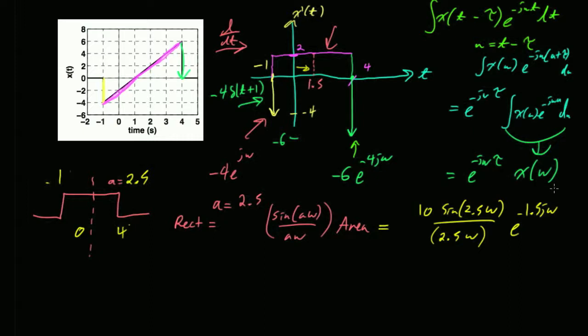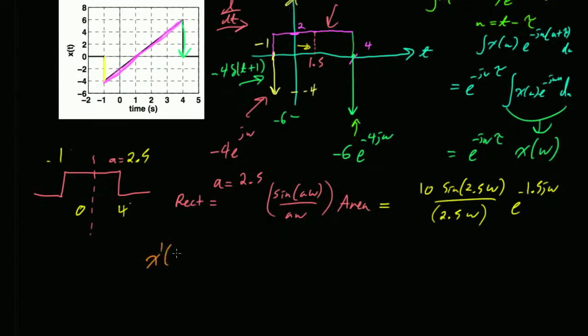And now I wish to get the Fourier transform of my original function. Okay? So that would imply that in the time domain I'm going to integrate. So in the frequency space I'm going to